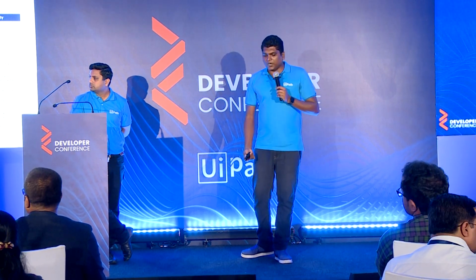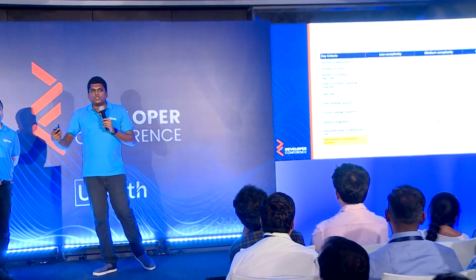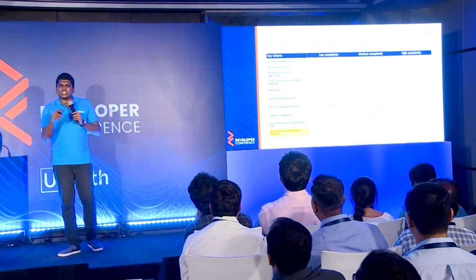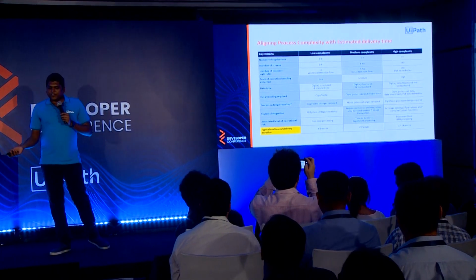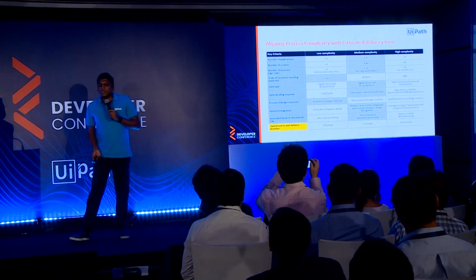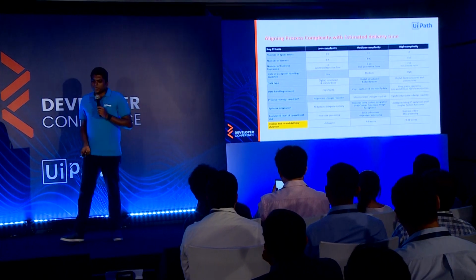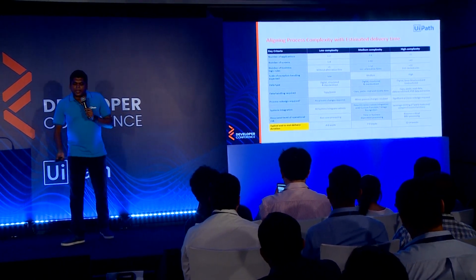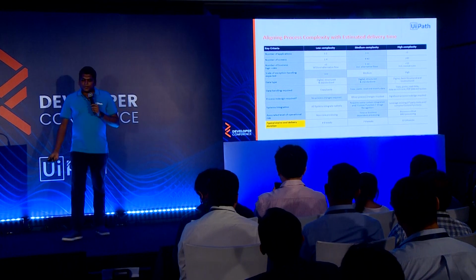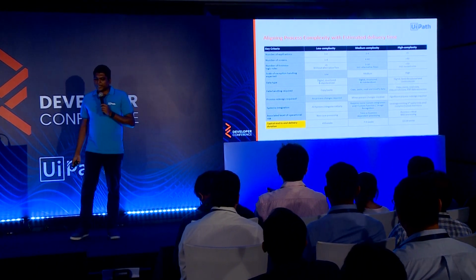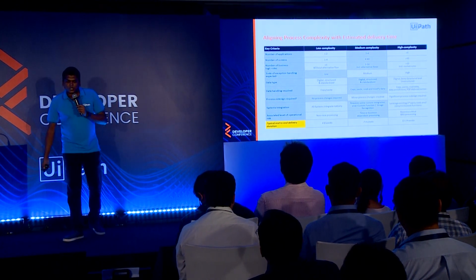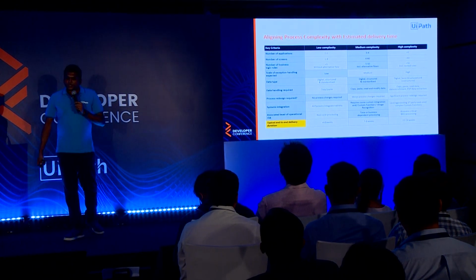Basically, in each of these pointers, like the number of screens, if it is 1 to 4 screens, then of course the number of steps within those screens, even if it is more, you are just staying within a specific screen, right? So then it becomes a low complexity process. If it is somewhere between 4 to 40, it's considered to be medium, and if it is greater than 40, it's considered to be a high complexity process. And for the business rules and logics, the scenarios, if it is less than 5, without an alternative flow, it's considered to be low complexity. If it is 5 to 50, it's considered to be medium, and greater than 50, it's considered to be high complexity.